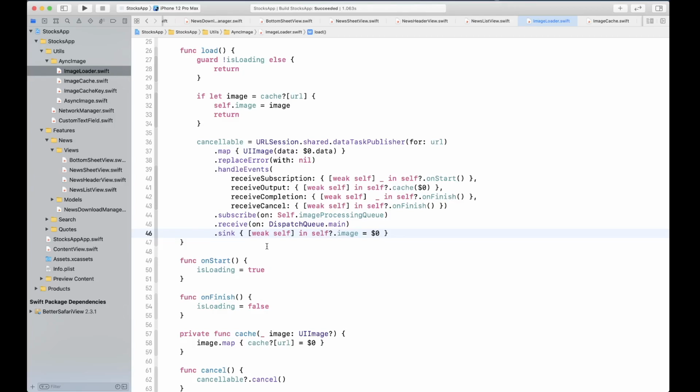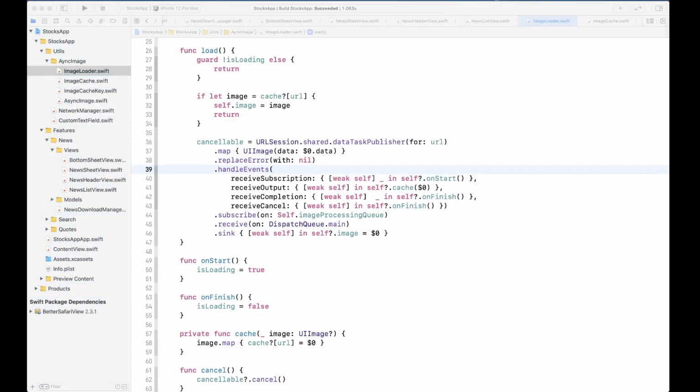Okay, and we are already storing the output into cancellable, so that is all set. So basically this is what we have for the image loader and image cache.